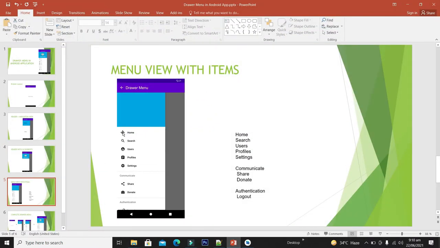So guys, we have successfully created the first group containing the items.